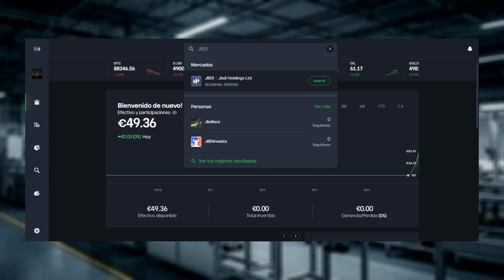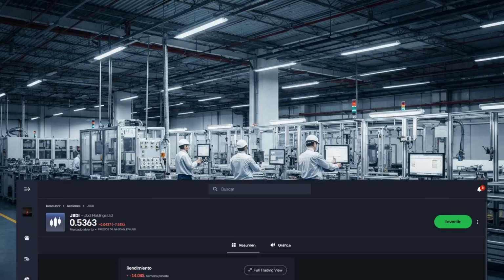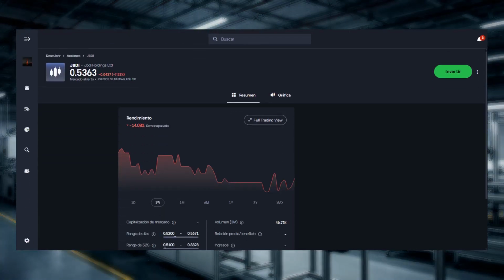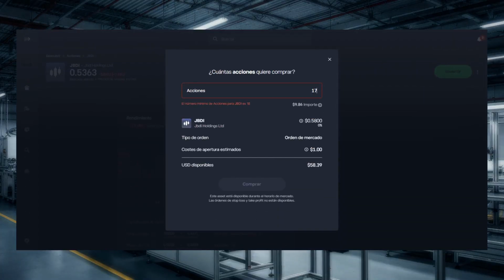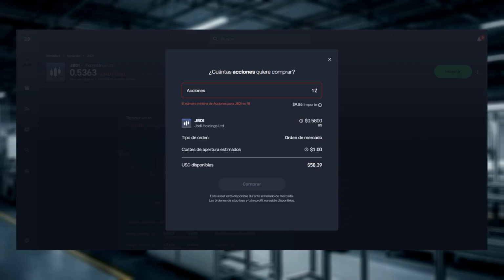Make sure you choose the Jbdi Holdings Ltd. entry listed on NASDAQ. On the asset page, you will see basic company information and a price chart showing recent movements. Confirm the page shows Jbdi Holdings Ltd. on NASDAQ before proceeding. To place an order, click Invest, enter the amount you wish to buy, review the details,